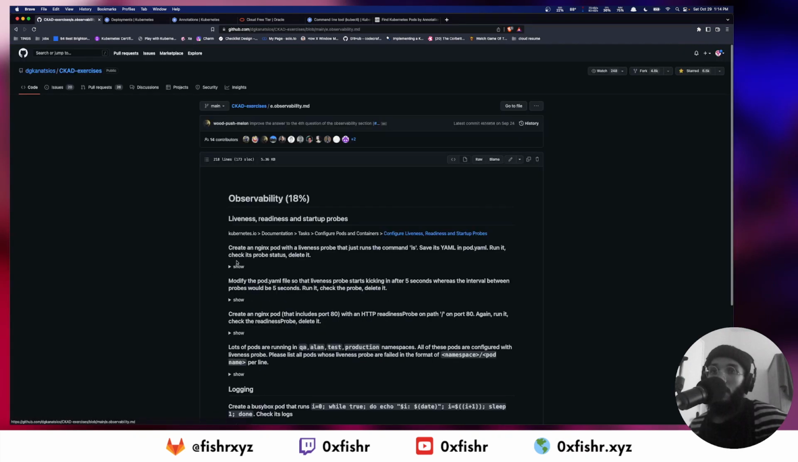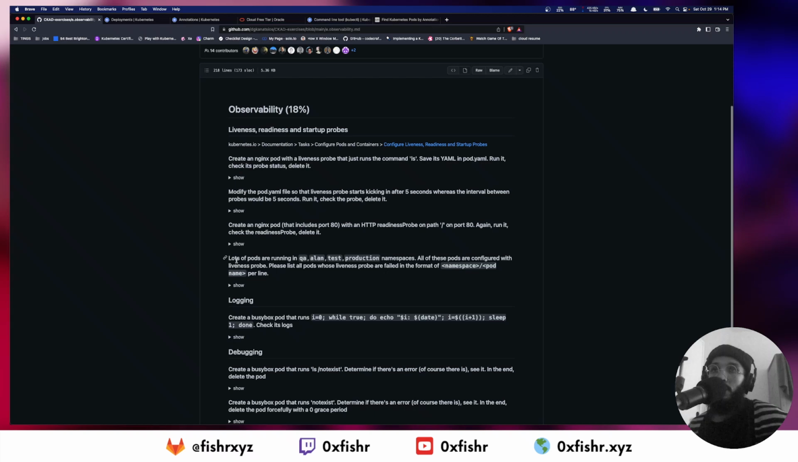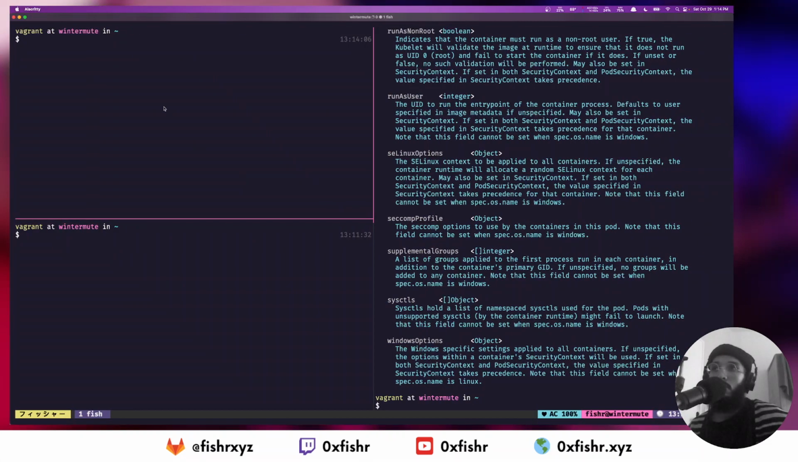Observability. Liveness, readiness, and startup probes. Create an Nginx pod with a liveness probe that just runs the command ls. Save its YAML in pod YAML, run it, check its probe status, delete it. Okay, so